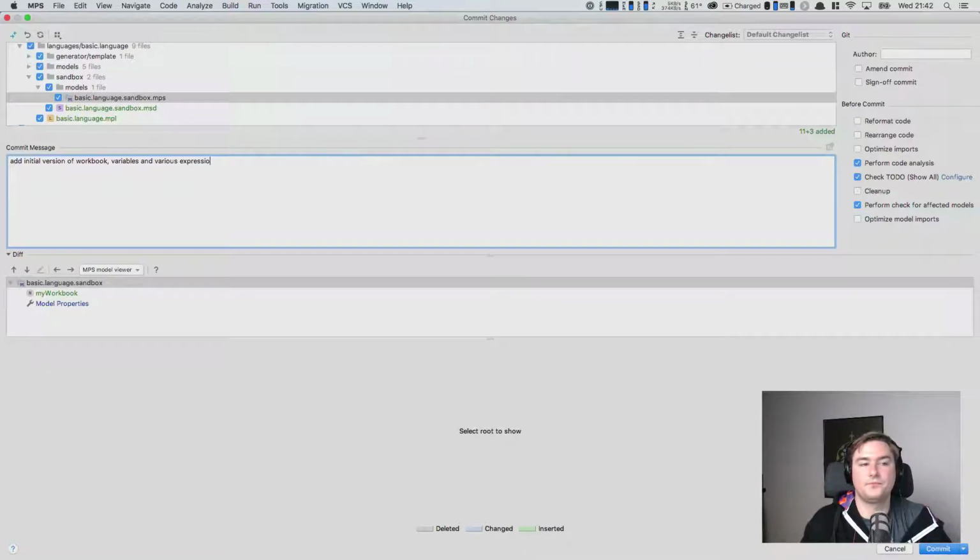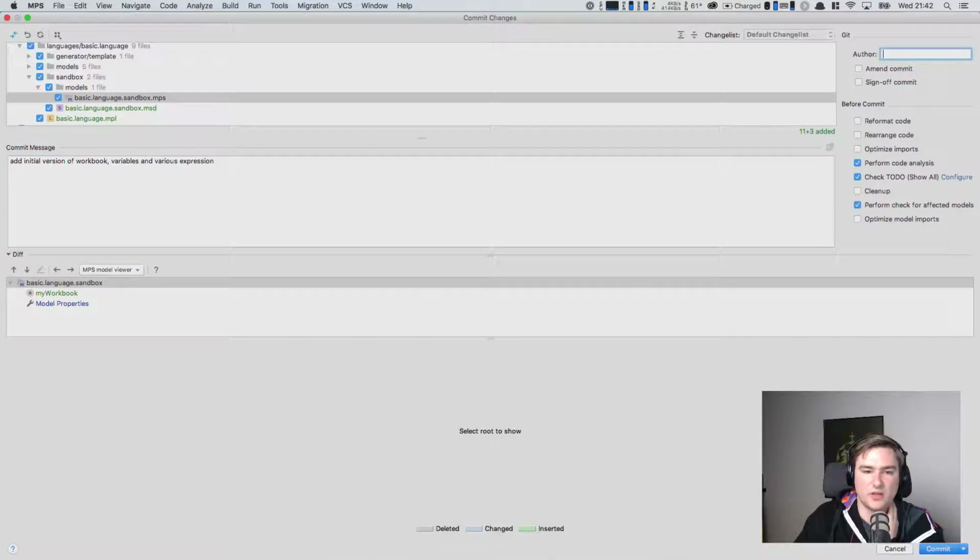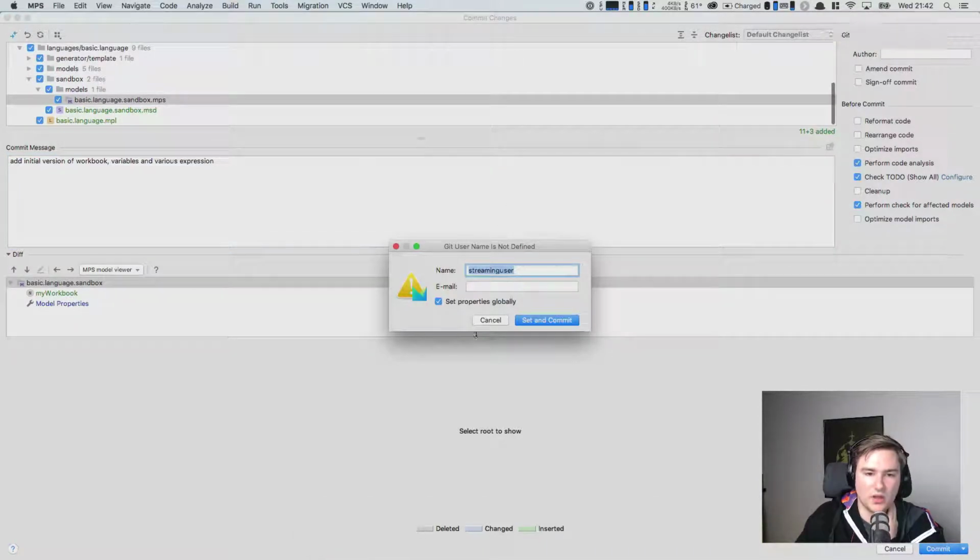Like this. MPS allows you to perform all different kinds of analysis before committing, like checking if there are any problems with the models. This is here, and then perform check on affected models basically means check if there are any inconsistencies in your code. So we can just click commit here, then MPS will involve the